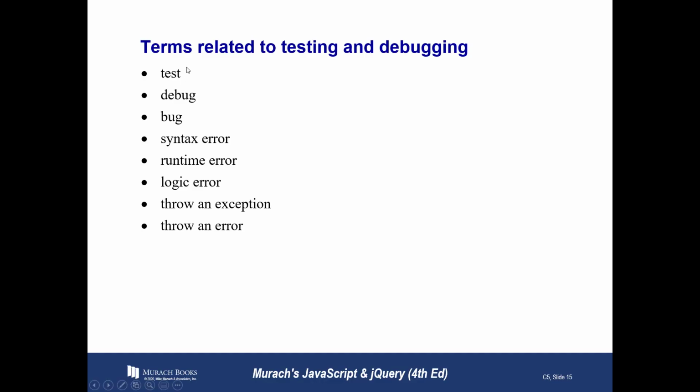you should now understand what testing is, what debugging is, what a bug is, what a syntax error is versus what a runtime error is versus what a logic error is. As far as these throw an exception or throw an error, we will hit on that in class. An exception is an exception to the rule. I mean, if I'm walking down the street with my 4-year-old granddaughter and somebody comes up and says, what an exceptional child, I'll probably say, thank you, you're right. On the other hand, an exception in a program is an exception to the norm. It's a bad thing. All right, so we'll talk about exception handling, and I've shown you a little bit about